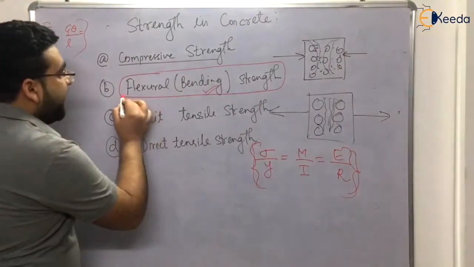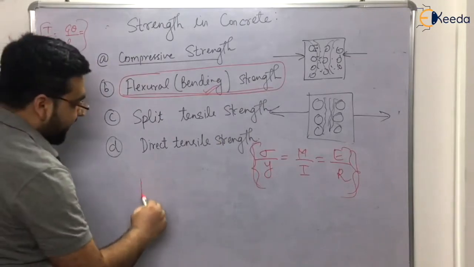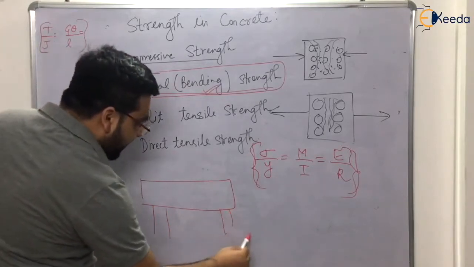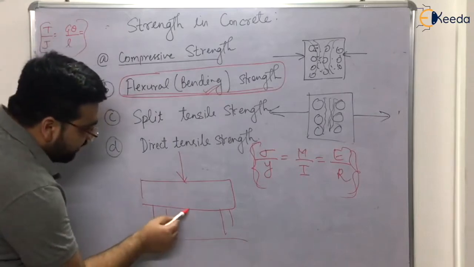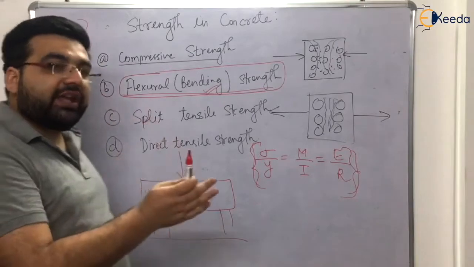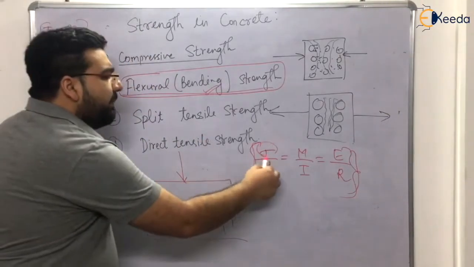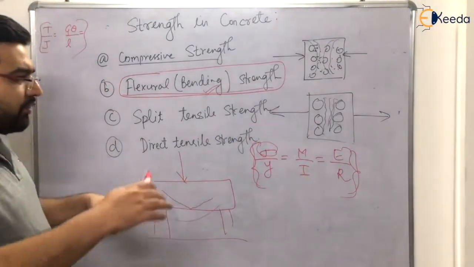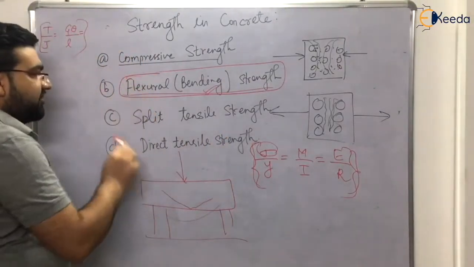From here, you can easily get the value of the bending strength of a particular beam. Now, how is bending or flexural strength determined? Actually, you have an arrangement like this. You have a beam, and these are the supports. Now you apply some load here. After some time, the cracks will develop, and you will note down that particular load at which the crack has developed, right? You will note down the radius also. From there, you will get the bending strength, right? I have performed this experiment a lot of times, so I am not going into detail, because that is not important. That is flexural strength.